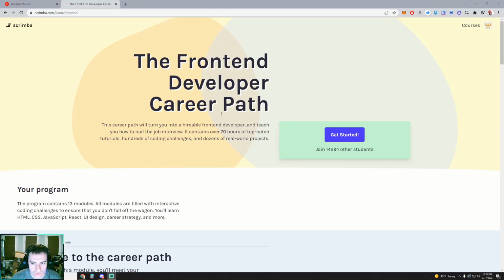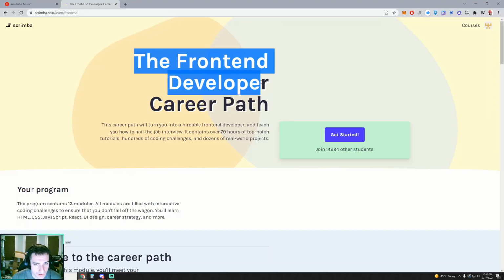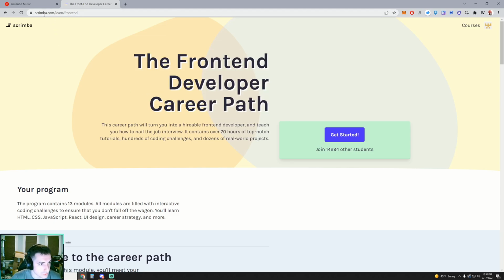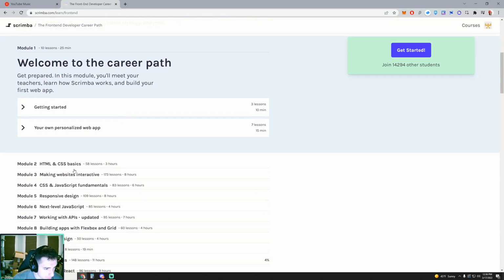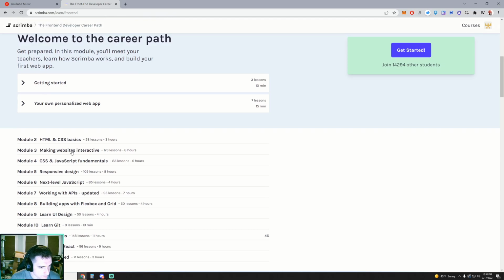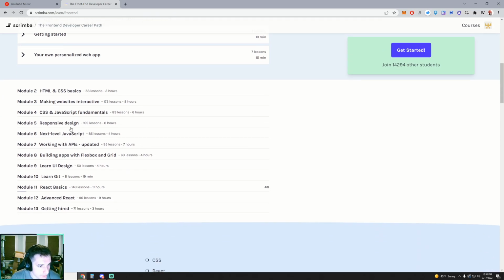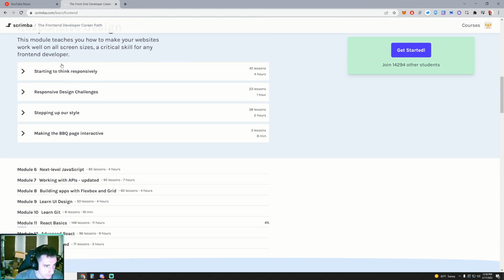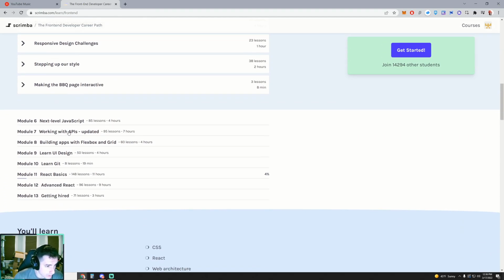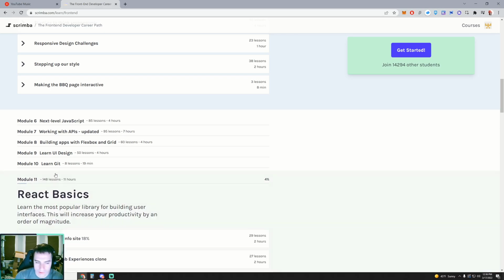Hey guys, following a new course here, the front-end developer career path on Scrimba. Looks like we're gonna do basic HTML and JavaScript, CSS, making a website, making a front end, responsive design. That's always nice for mobile. Working with APIs, using different libraries, and then most important,